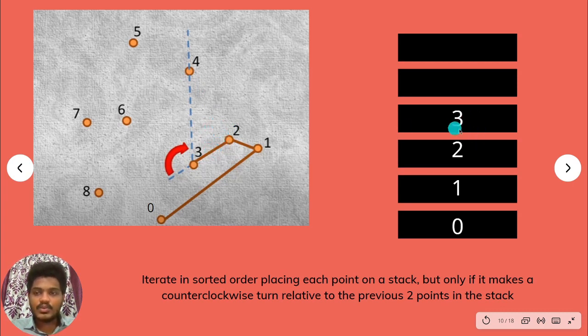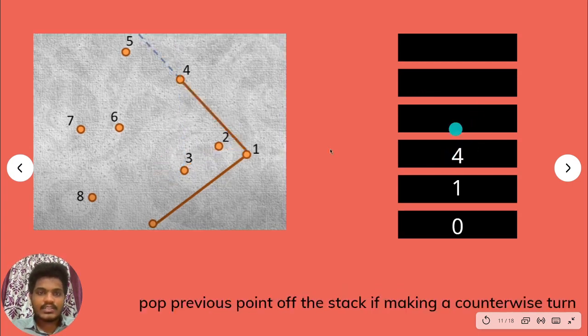So we will pop out these last two elements, and check with this one, right? This is making a counterclockwise direction with this, and with respect to point number 1, point 4 is making a counterclockwise direction. So we will append 4 after removing 3 and 2 from the stack. So the stack would become something like this. As we iterated through these points, we will not be going back to them again. So we will leave out these points and move on to the next one. We will join 0, 1 and 4, and the stack will be something like this.